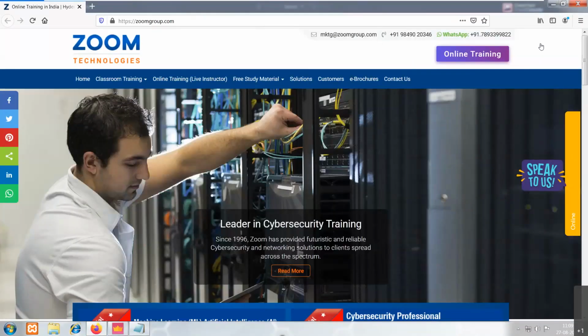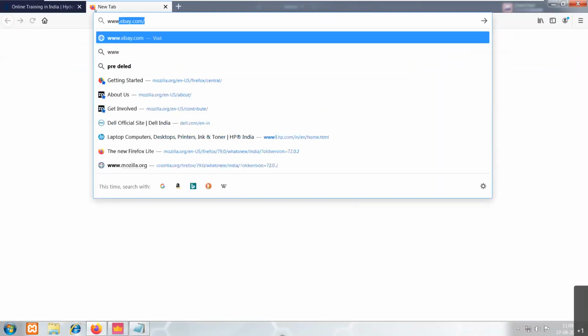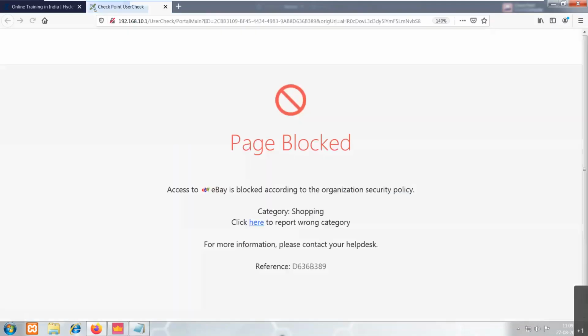Okay, so as we see, we are able to access this web page, zoomgroup.com. Now at the same time, let me also try to access www.ebay.com. As you see, instead of getting access to that ebay.com web page, we got a block page